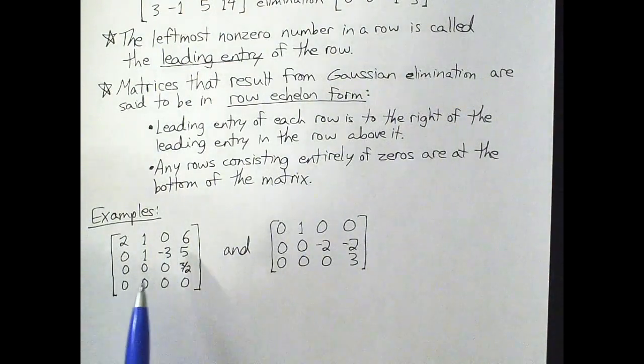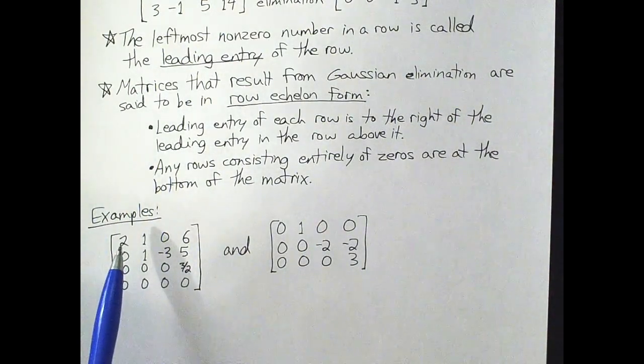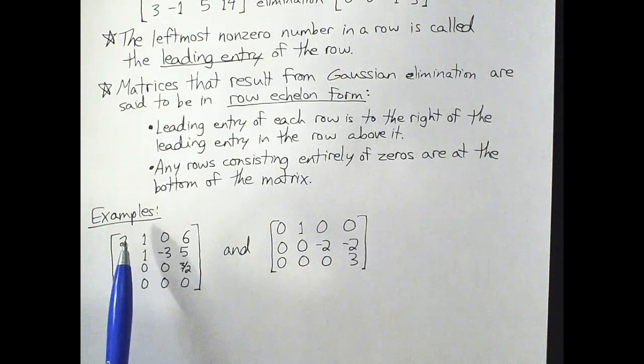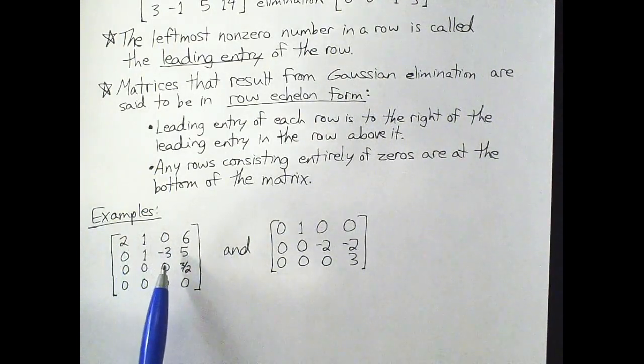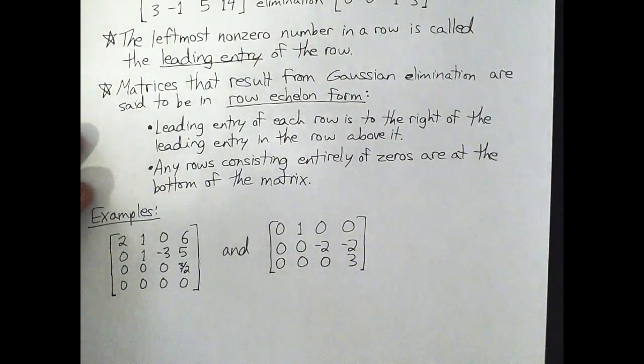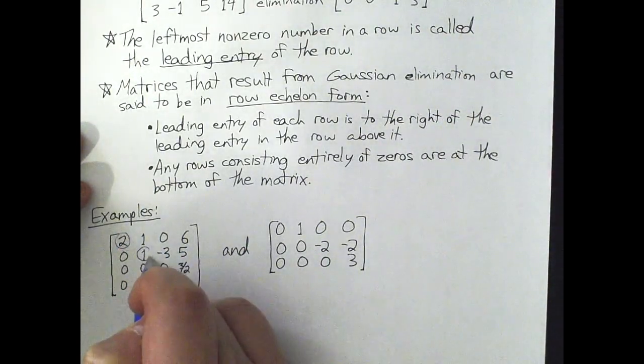Let's look at this first one. Something maybe a little bit unexpected is happening. If you were thinking about looking for this triangle shape, you might say, well, here's a leading entry of 2, a leading entry of 1, but then what happens in the 3rd row is a little weird because there's a 0 here. Maybe we were expecting something here that's not 0. But what I want to show you, how about this? I'm going to circle the leading entries in each row. So that's a leading entry of 2, leading entry of 1,